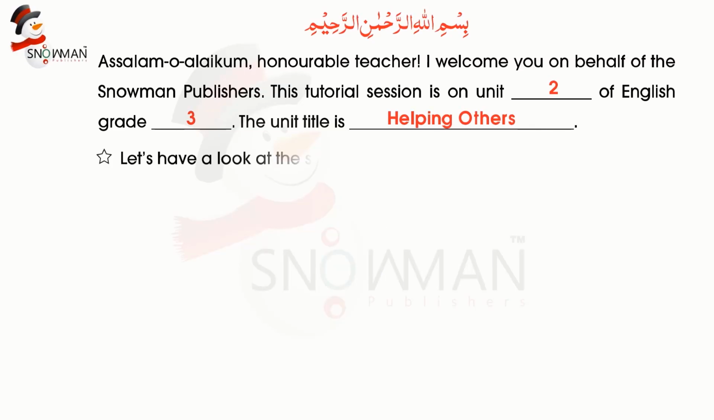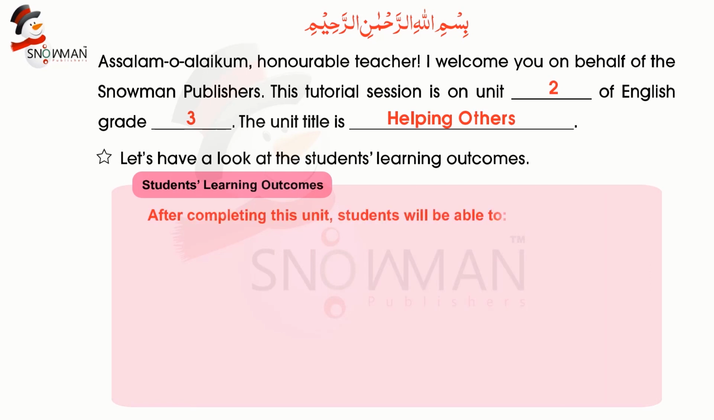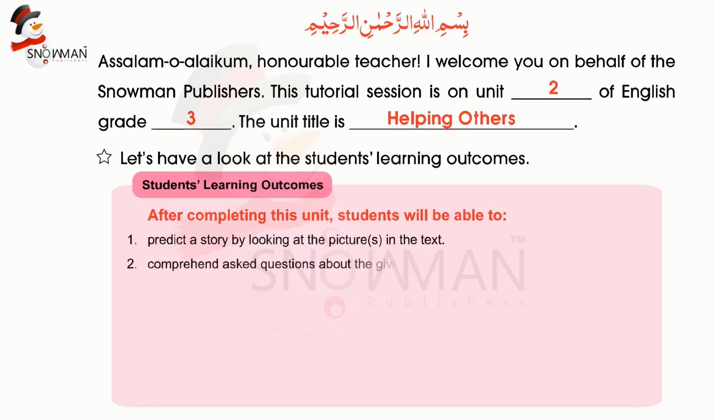Let's have a look at the students' learning outcomes. After completing this unit, students will be able to predict a story by looking at the pictures in the text, comprehend asked questions about the given pictures, read aloud the given text in the story, respond to the text post-reading